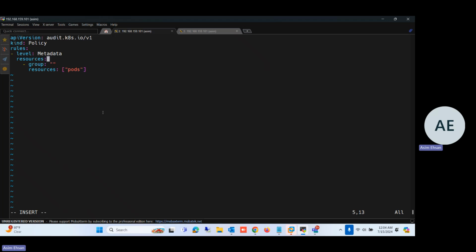Here I just change that I need only Metadata level of auditing for